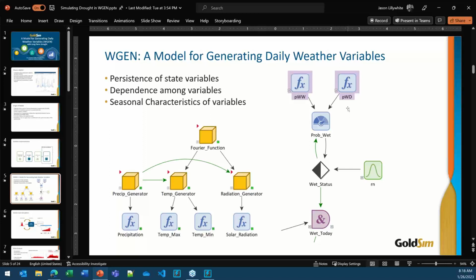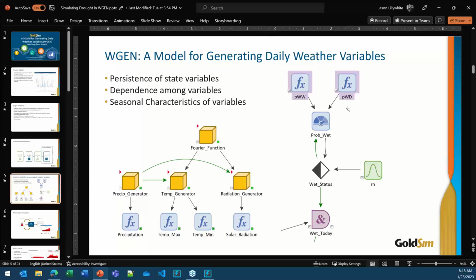And once it's dry, it will be more likely to remain dry the next day. And that's how you get these periods of time between each rainstorm that are dry. So it's a pretty good way to represent